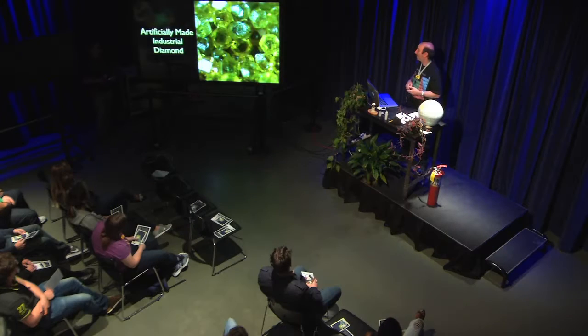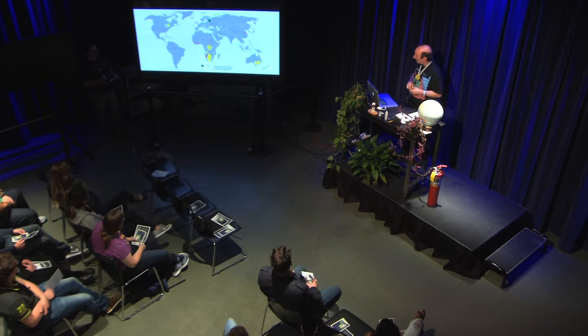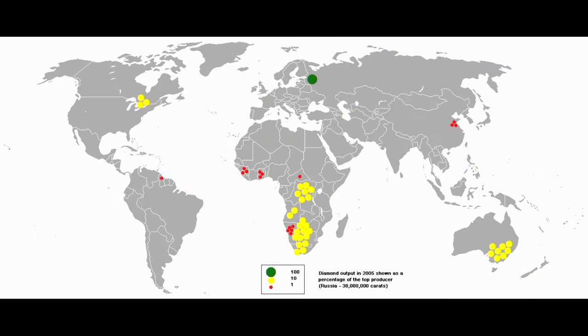Natural diamonds are taken out of the earth in a few places, not many places, mostly in Africa, and there are some large deposits in Russia as well. Of course, they're all controlled by the De Beers company, at least the ones that come out of Africa, which makes them so expensive, because they actually shouldn't be very expensive at all, if you look at the rarity of them.